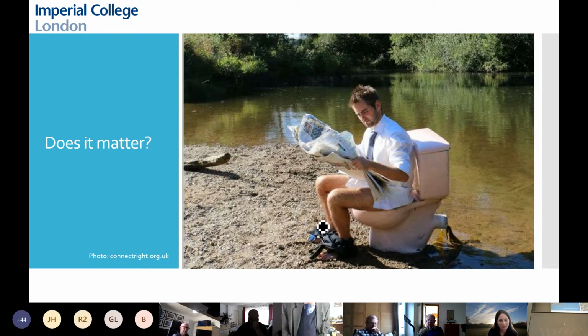This is from Connect Right, who are a body who are an amalgam of people who are interested in getting proper connections. They're the Environment Agency, they're the water companies, they're a collection of plumbers. They have a list of about 5,000 plumbers who really know their stuff and can tell the difference. In comparison, there are 80,000 who may or may not, who aren't members.